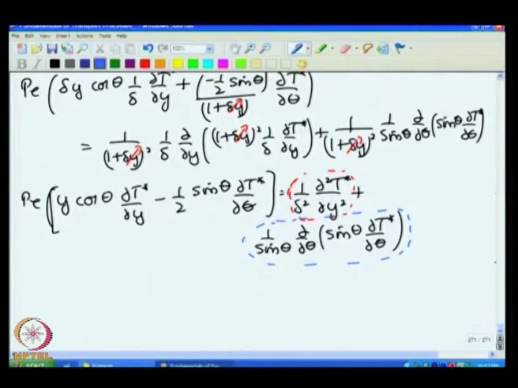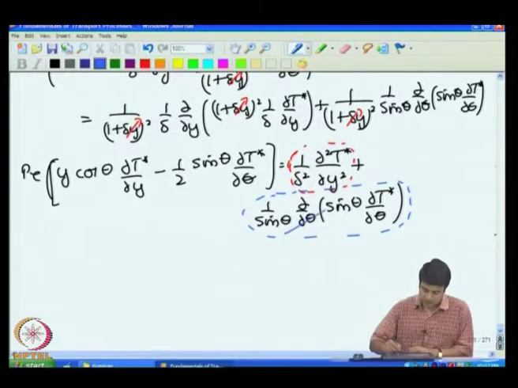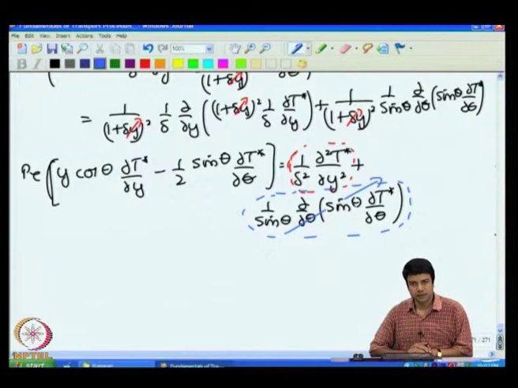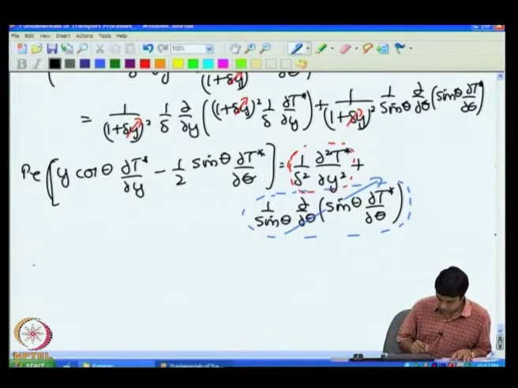The cross stream diffusion term goes as 1 over delta square. This is diffusion in the r coordinate, which is across the flow. The streamwise diffusion term has no deltas in it, and therefore, one can neglect the streamwise diffusion in comparison to the cross stream diffusion. And once I do that, I will get